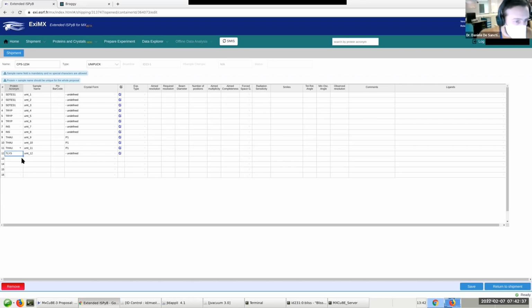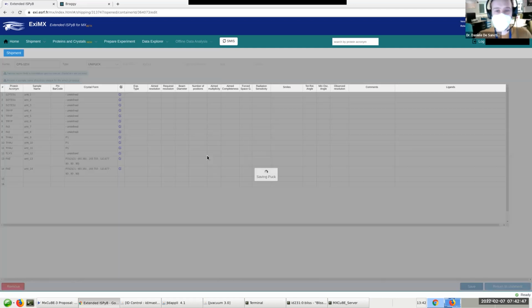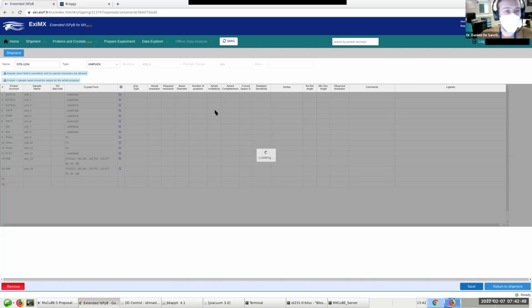You have 1 thermolysin and 2 FAE crystals, 1 and 2. Okay, so now we are ready to go. So I will save the experiment, but just to show you very briefly here